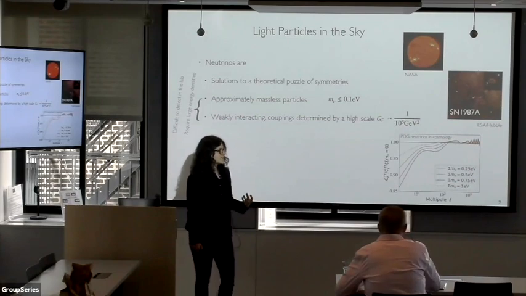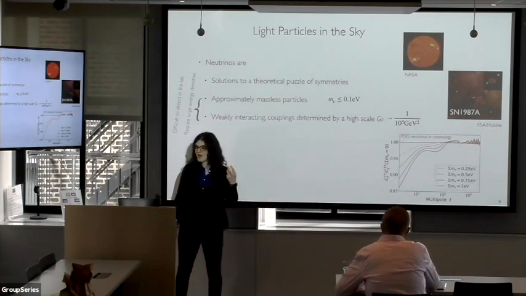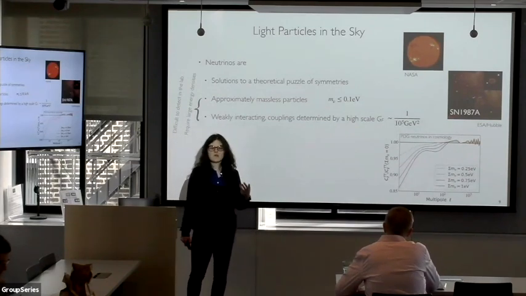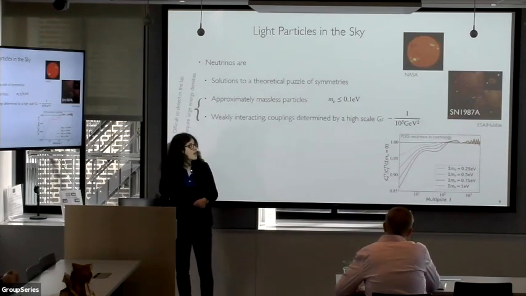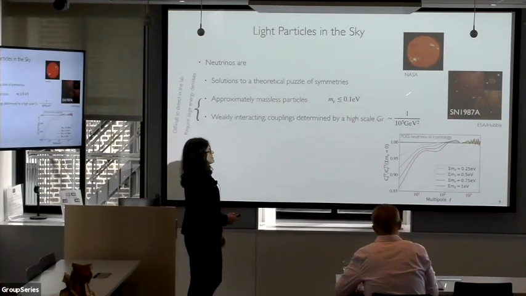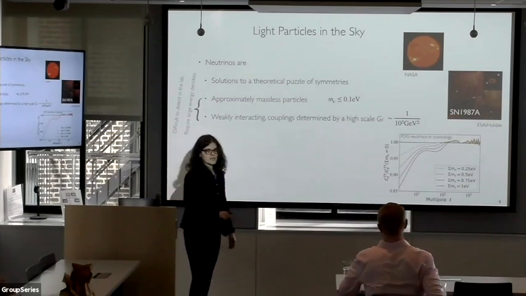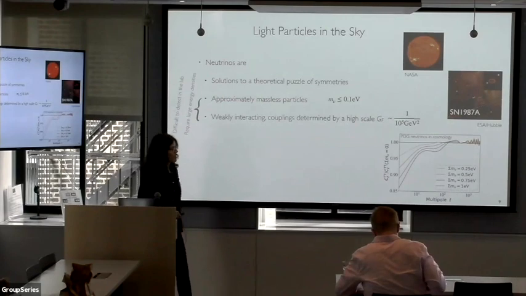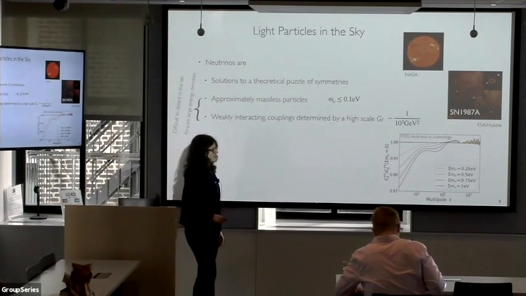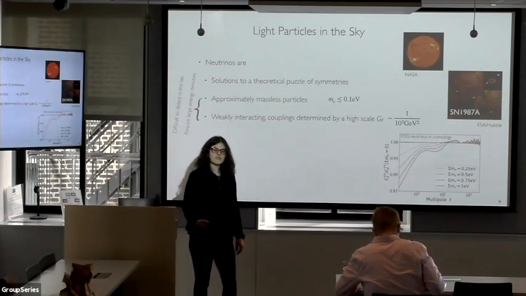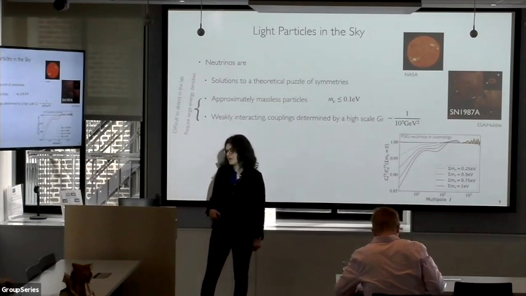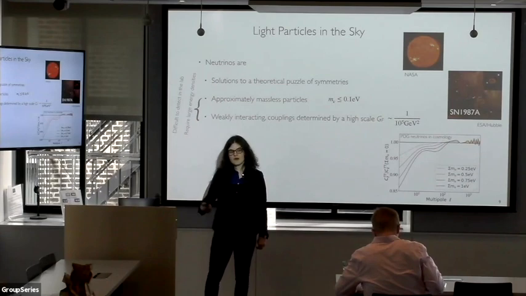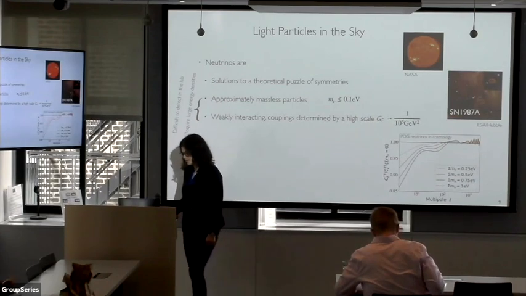So it's not surprising that some of the things that we've learned the most about neutrinos come from astrophysical observations. For example, we've learned about neutrino oscillations from looking at neutrinos coming from the sun. We've observed neutrinos from supernovae. And right now, the best constraints on the sum of the neutrino masses are also coming from observations of temperature power fluctuations in the early universe.